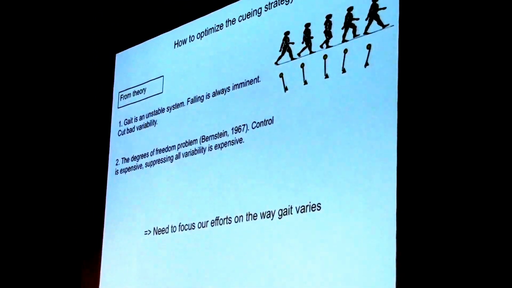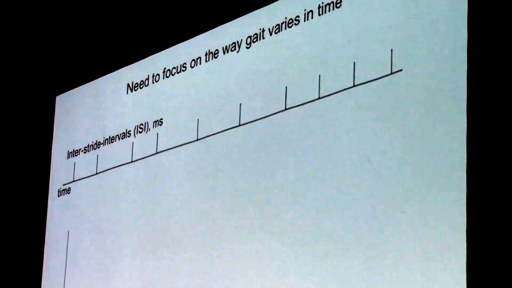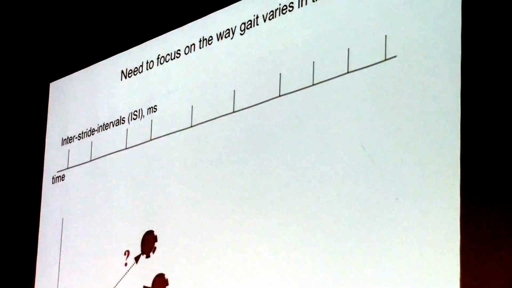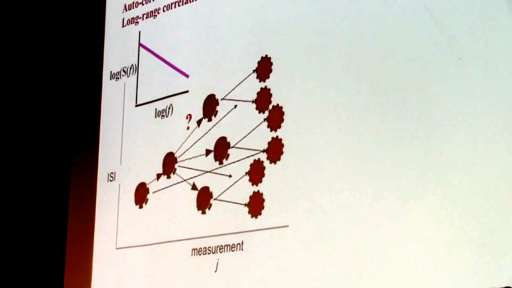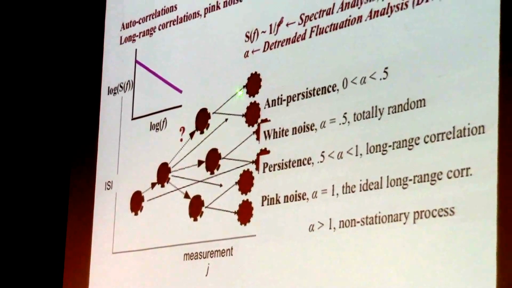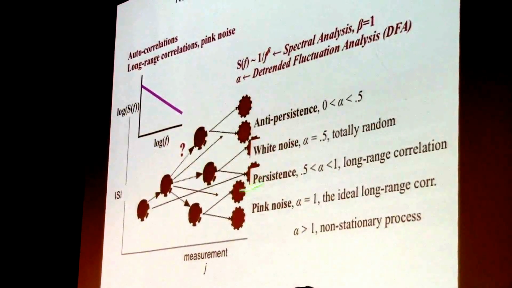In particular, we're going to look at the way gait varies in time. Here I introduce how gait interstride intervals have this long-range correlation, but because you're very familiar, I'm going to go over this very quickly. From step to step, you see these correlations. You can predict, or you have some tendency, you can expect where things will go relative to where they were before. And the relationship goes all across the future when you are in the long-range correlated regime.